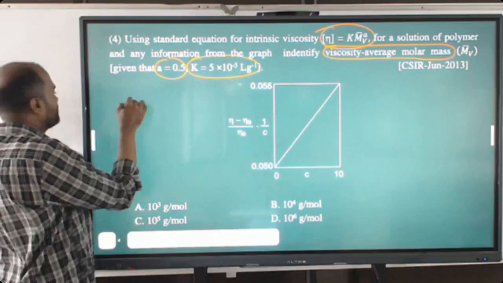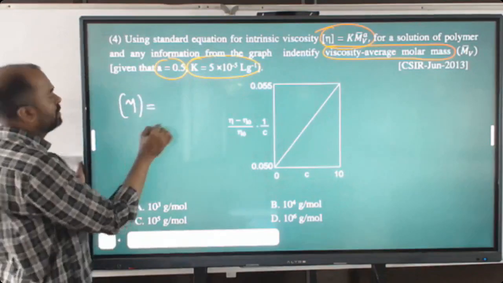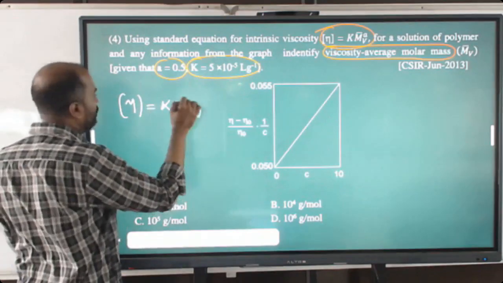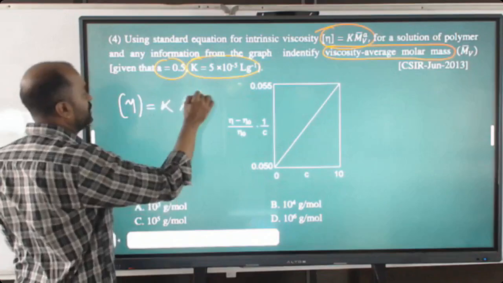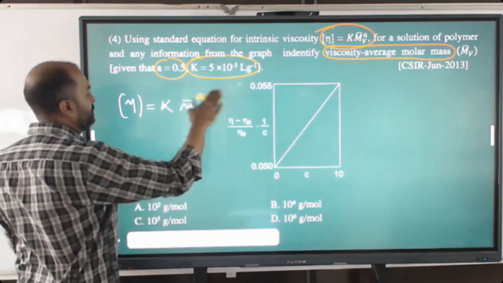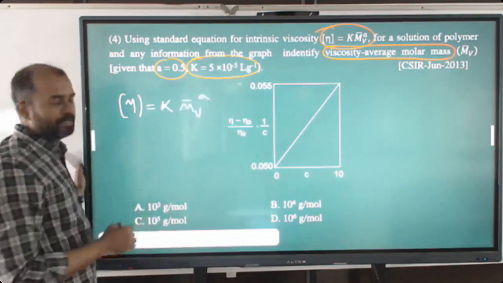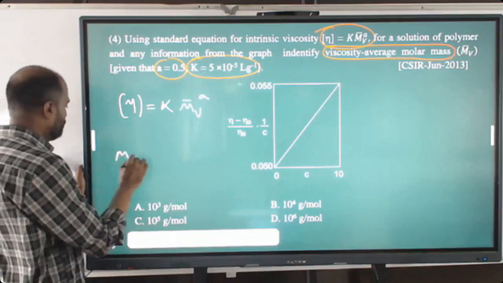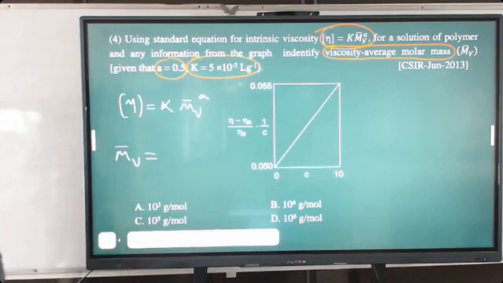The equation they have given is eta is equal to K into Mv raised to a. Then what is the equation for Mv? Mv is equal to,